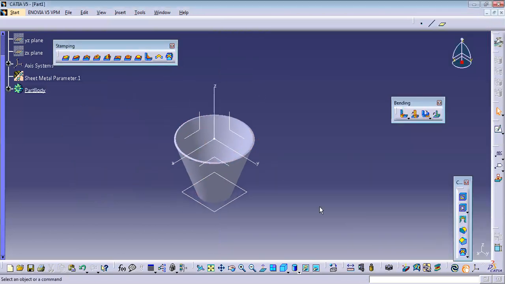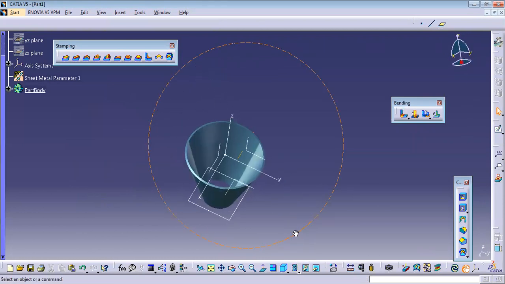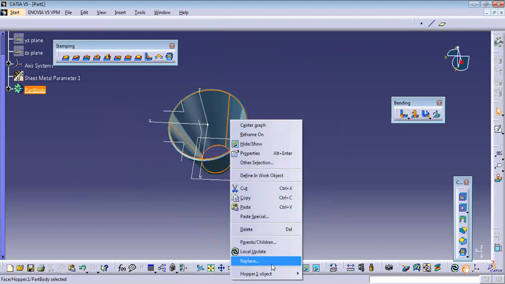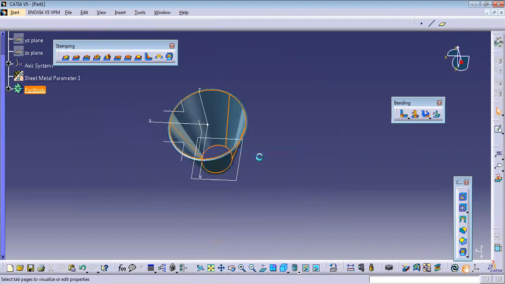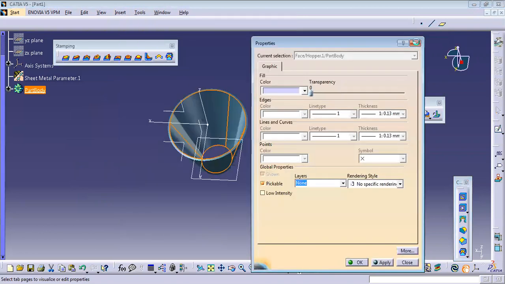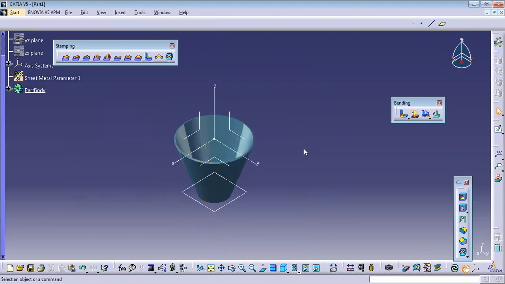Now even then you can't see it, right? If you want to see it, you have to go with shading with materials. Can you see this? Yes, sir. Got it, right? Yes, sir. You can also go to the properties and change it there, but don't do that. Directly try to apply the materials upon it. Done, sir. Okay. Got it.